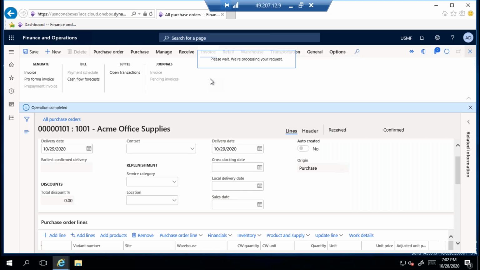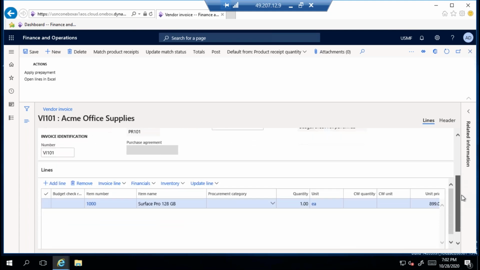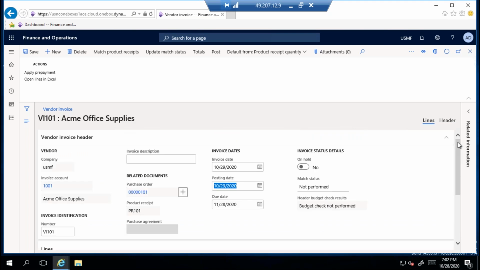So my bad luck, today the application is a little bit slower. Otherwise it will not take this much time. It will be very quick. Vendor invoice number is a must, because you have received the document number from the vendor. That invoice number is a must, and enter the date. Okay, invoice date, and here the details are available. Okay, and there is a not performed matching status.